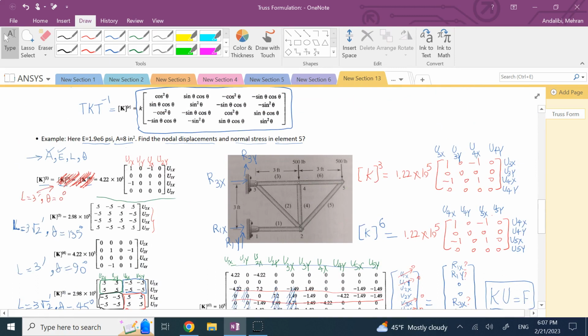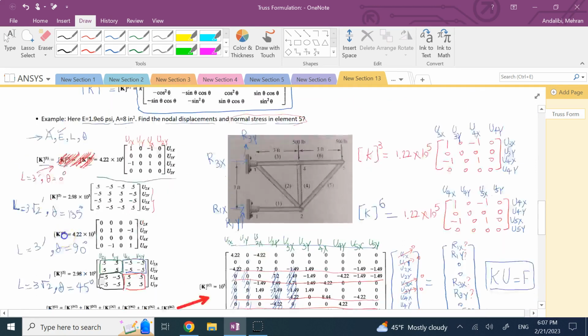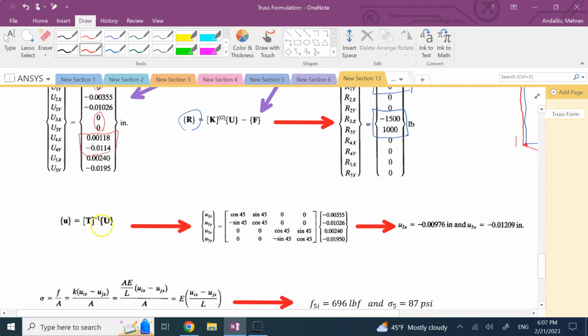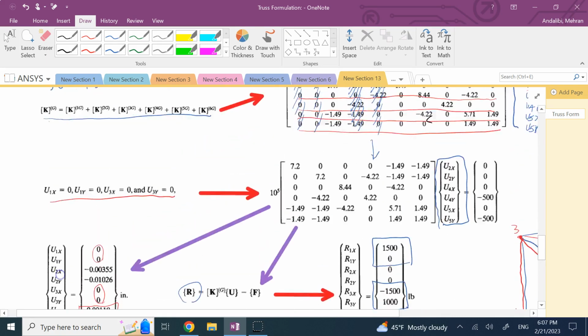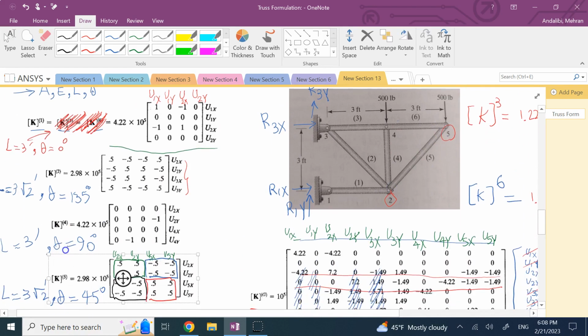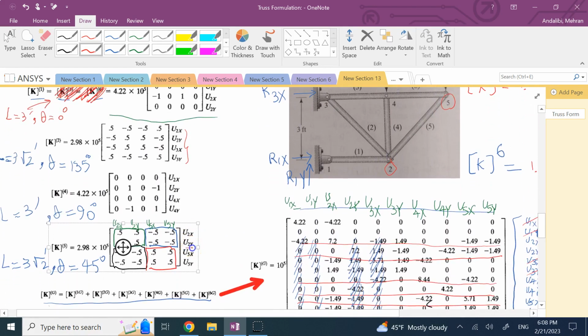So now that I have nodal displacements and the external reactions, can I find, let's say, the stress in one of the members or any of the members? Yes. How? The first thing I do, now that I have the global displacements for any member, is multiply them by T inverse for that member to get the local displacements for the nodes of that member. Here I'm interested in member 5, which is between nodes 2 and 5. So the entries that I would pick are U2x and y and U5x and y. I pick those,